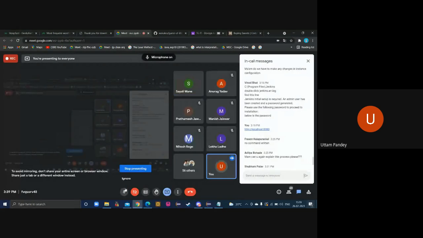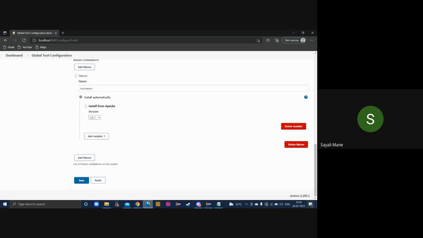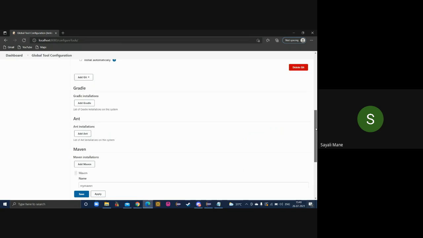Ma'am, it is visible. Just wait a minute. Yes, it is visible. Okay, correct. Can you just scroll up after Maven? Is there a JDK? Can you find a JDK?